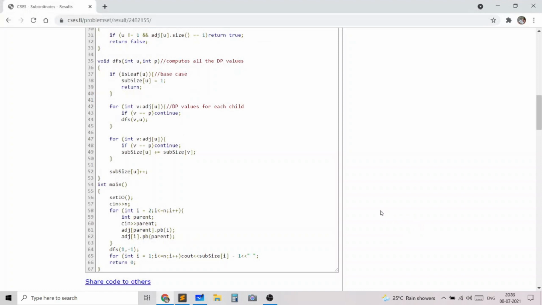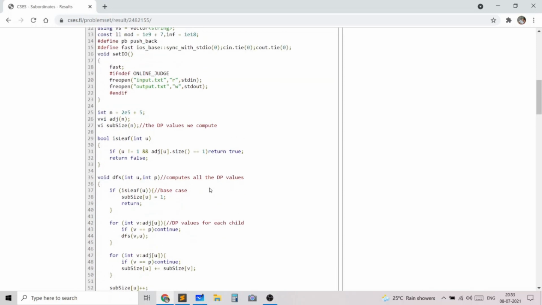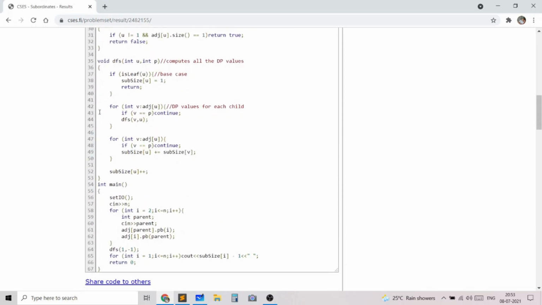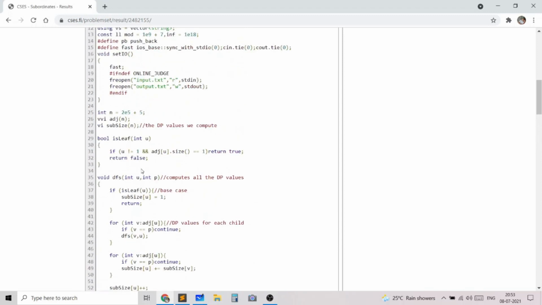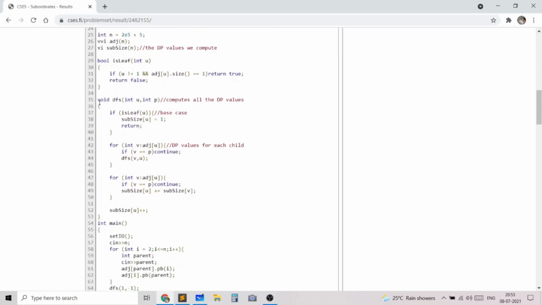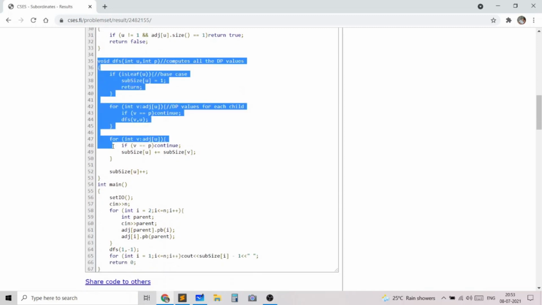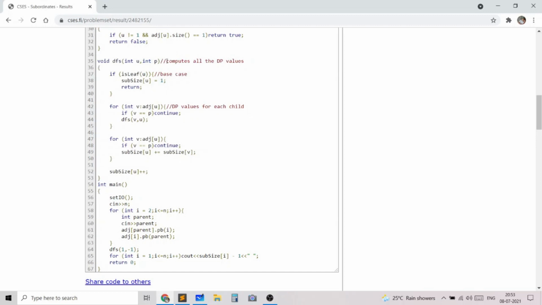So in this video, we understood how to implement any DP on trees problem. The first step is to basically write the default code, which is taking in the input and writing the is leaf and the subtree sizes or the DP value table and the adjacency list and all of the other things. Then the main part where our action is taking place is the DFS function, because over here we are computing all the DP values, and this is obviously going to be the hardest part to write. However, I've made this very simple for you because you just need to fill in three parts, 3 points.